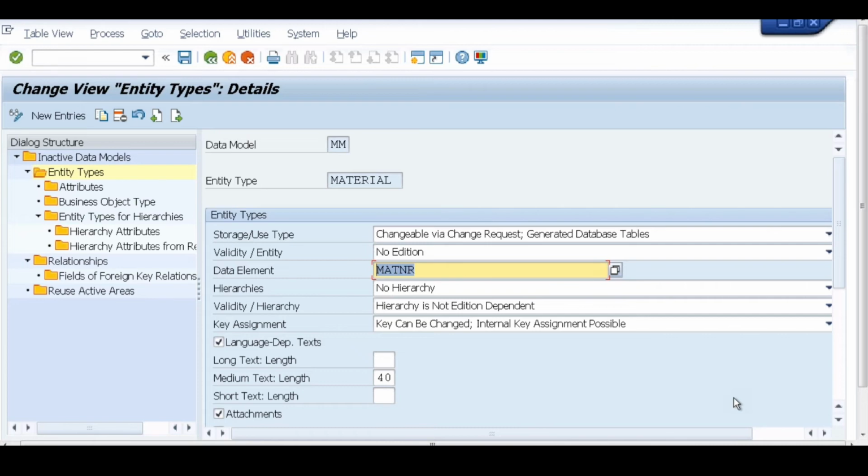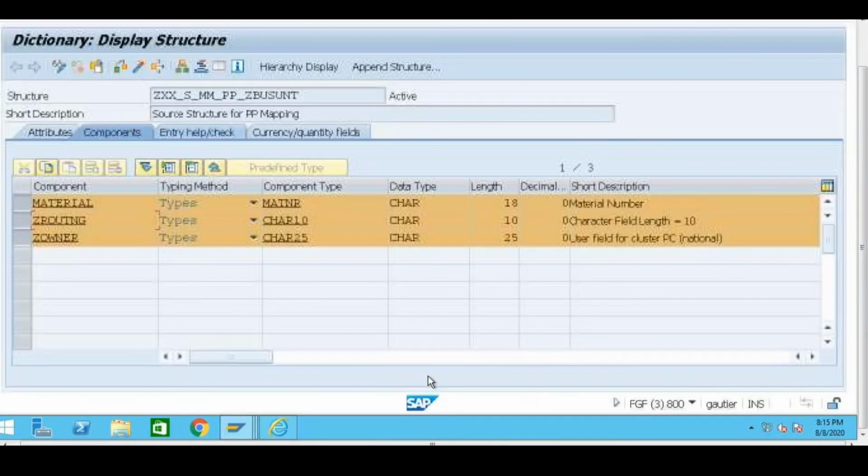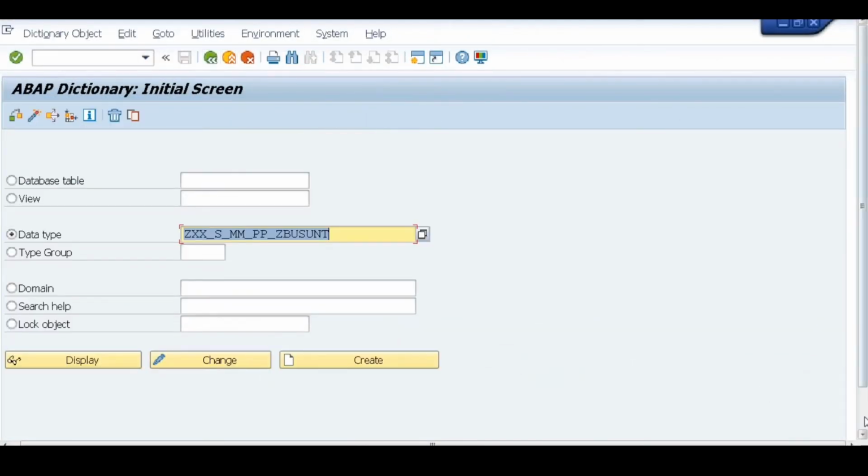Okay, so that's what this material entity type also represents as an attribute, as well as an entity type. So you can see these two attribute details along with the ownership for the business unit, because business unit is a prior entity type. It is not defined as an attribute itself. It is a prior entity type which holds the ownership name, this ownership field. Okay, so that is one thing. The other structure, if you see,